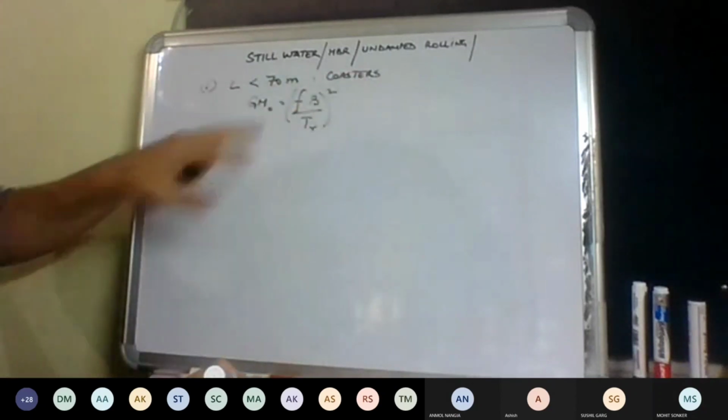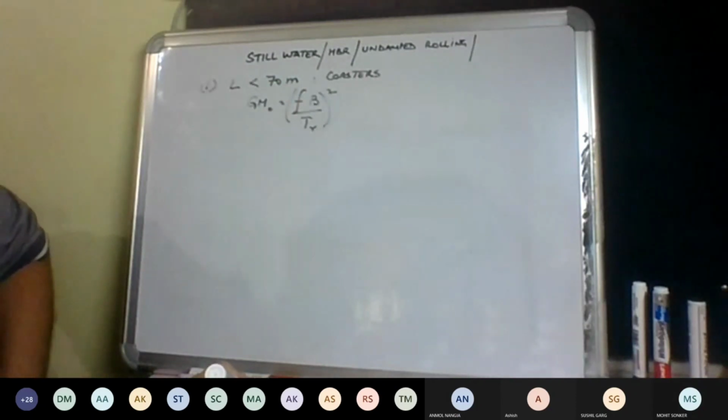The GM is equal to F into B upon TR whole square, where F is the rolling coefficient,